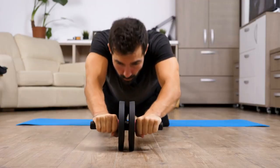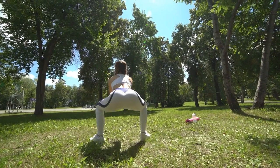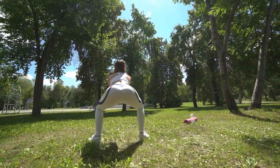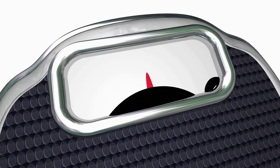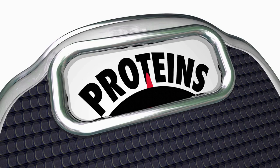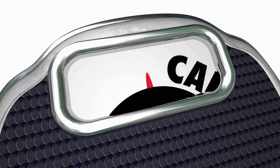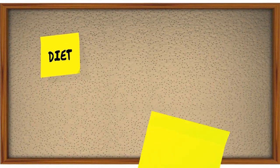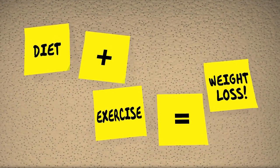Alright, let's get down to the nitty-gritty of the keto diet. At its core, the keto diet is a high-fat, low-carb diet. But why is that important? Well, by reducing your carb intake and increasing your fat intake, you're forcing your body to switch from using glucose, which is derived from carbs, for energy to using ketones, which are produced when your body breaks down fat. This process is called ketosis, and it's what makes the keto diet so effective for weight loss and other health